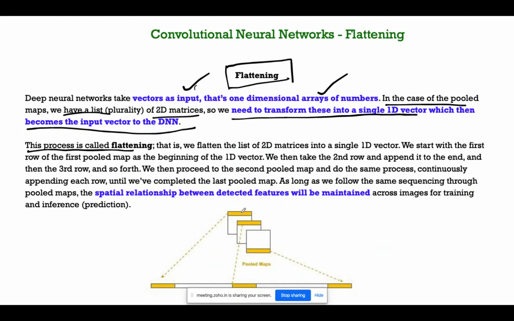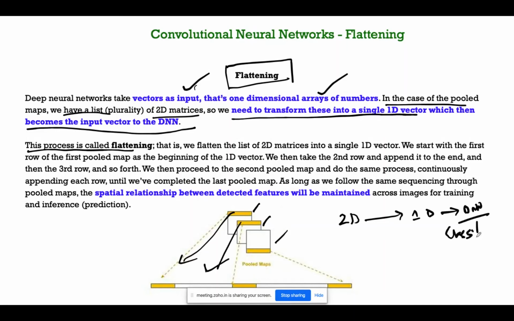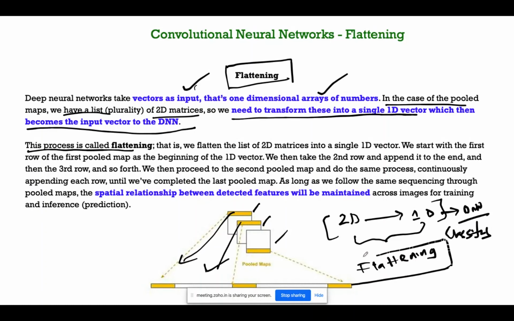I have a feature vector, right? 1, 2, 3. So I need to stack it one by one from the 2D. We are transforming it to one dimensional, then we are giving it to the DNN to classify. This process, 2D to 1D, is called flattening.